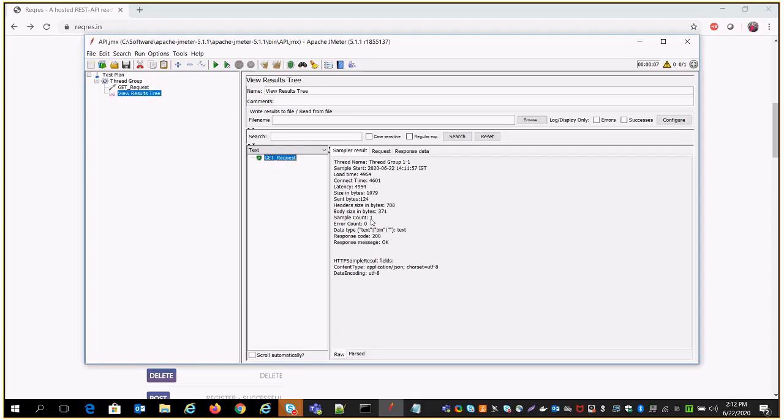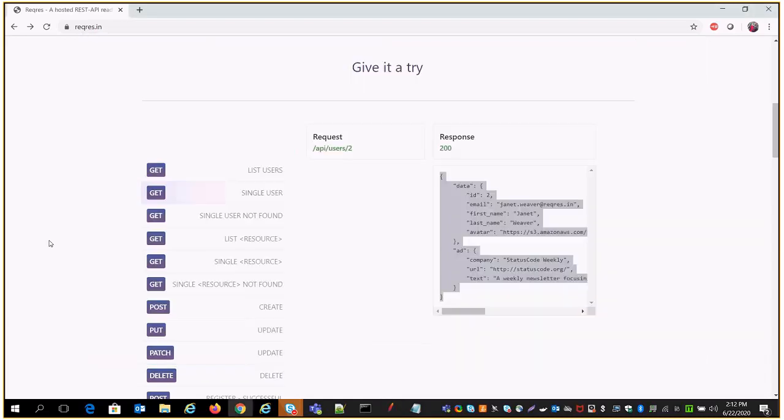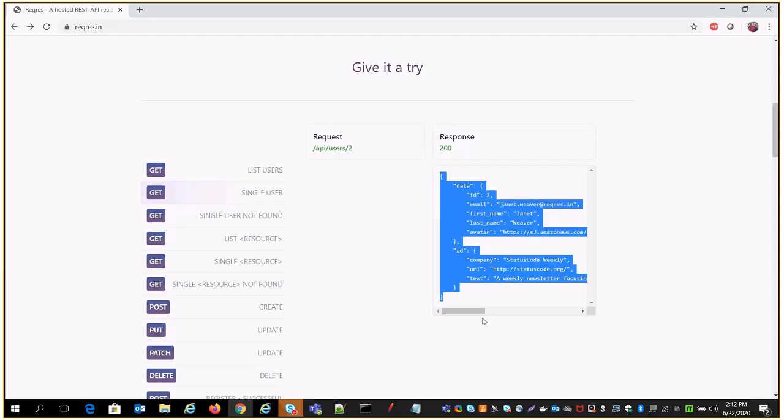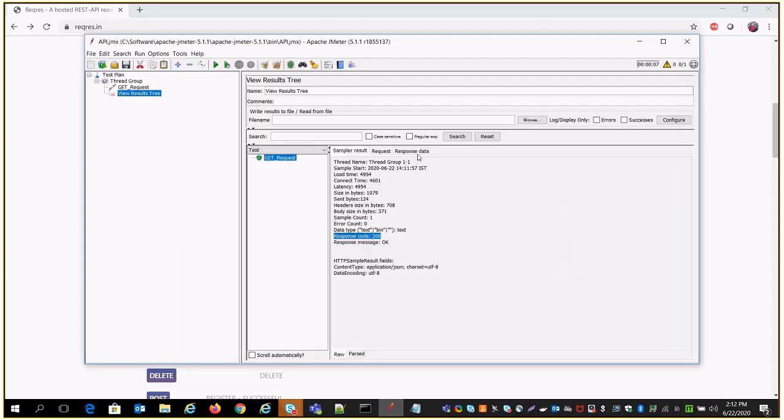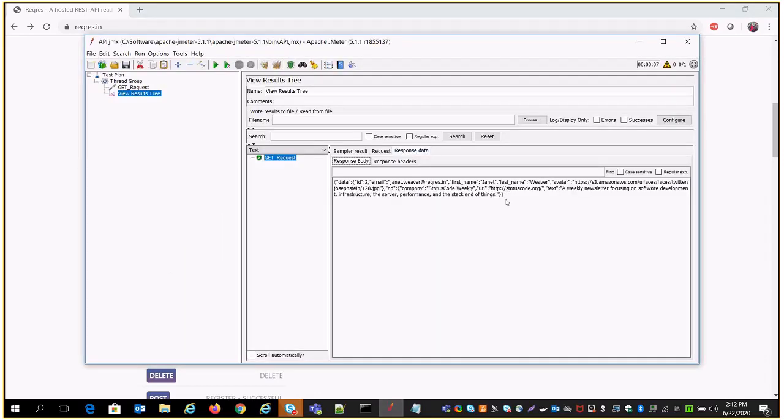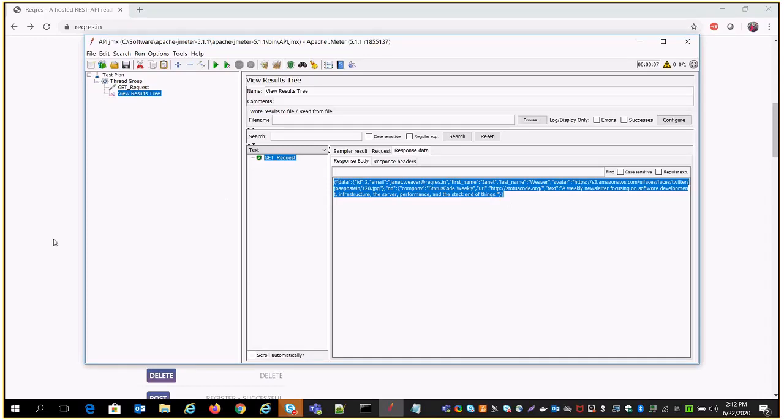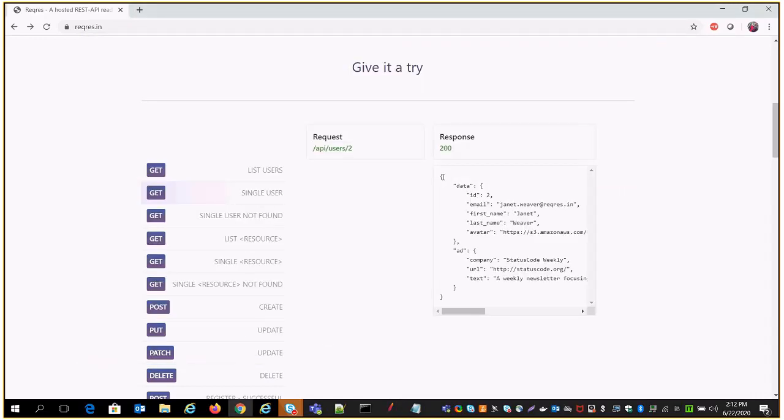Okay. So there you can see you are getting the response code as 200, which is the proper one. Now we need to see whether we are getting the same response there or not. So just go to the response data, and there you can see you are getting the same response that we are getting at the UI level also. Okay, so this is the get request, and this is how we can pass it there.